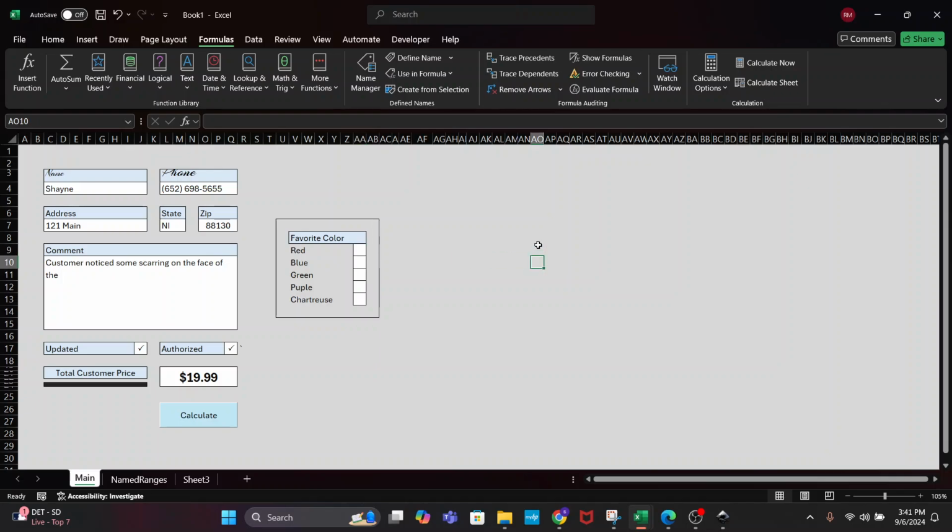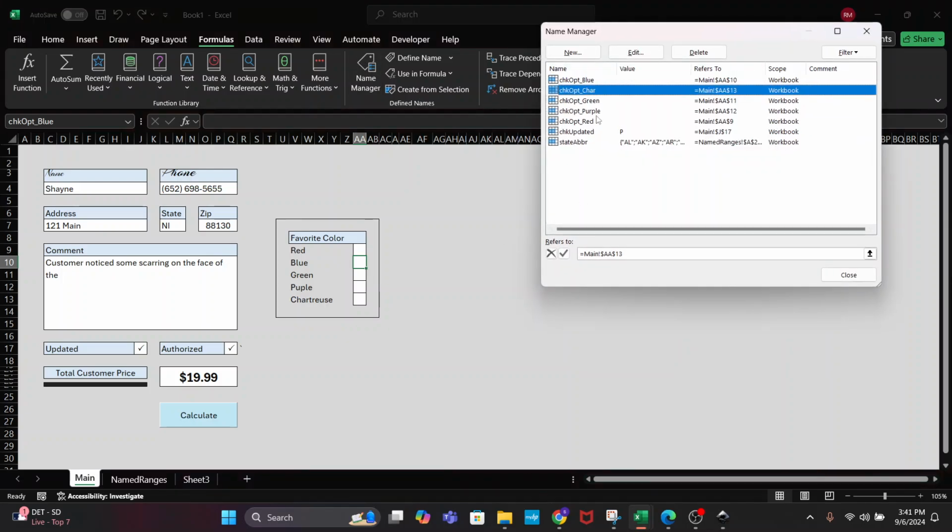Now, if I have another atomic value situation, what's your favorite day of the week? I can then call that CHKOPT underscore MON and then TUE. And I'll show you this at the end of the video, how that works. But essentially, all I'll be doing is writing code that looks for that particular combination of letters and then separates out the last portion of it. Actually, you know what? And while I'm doing this,